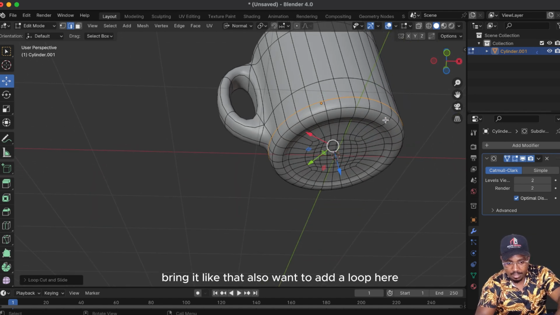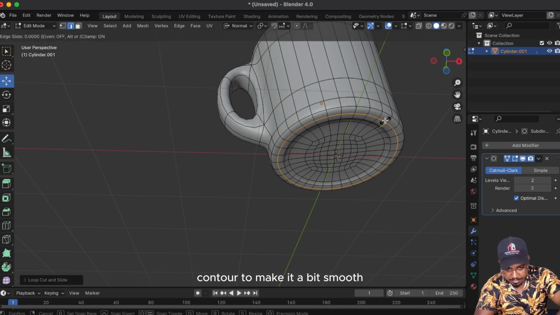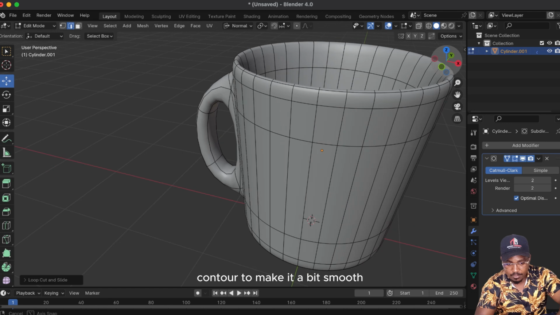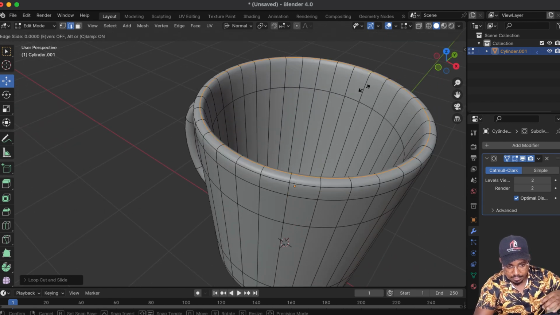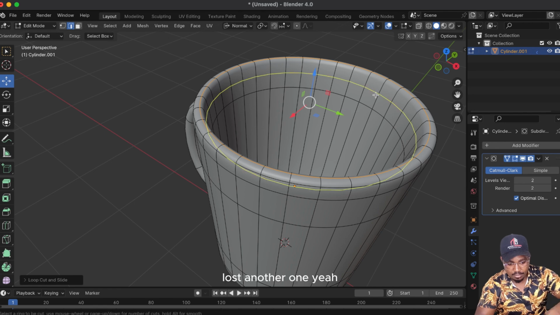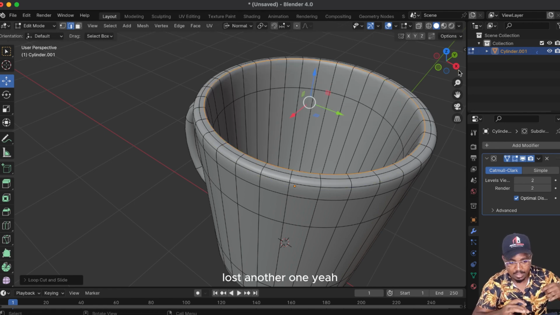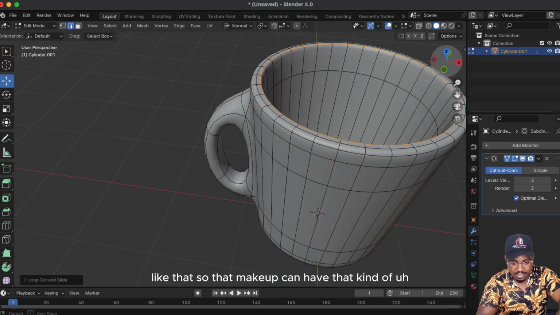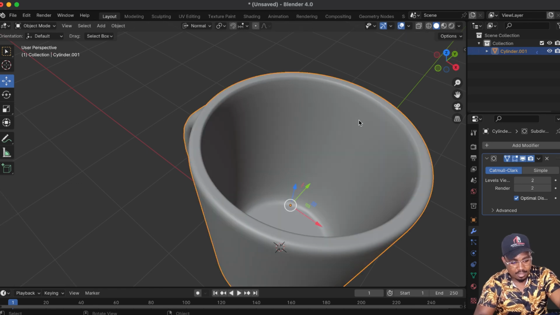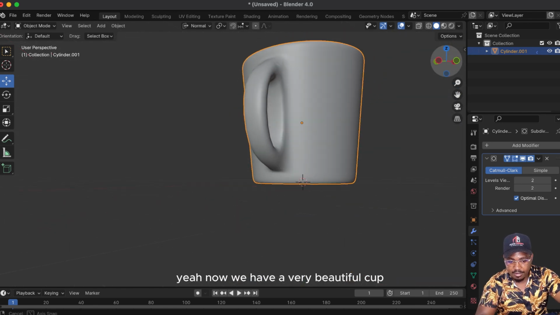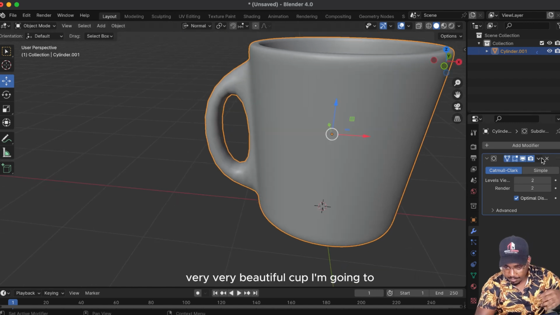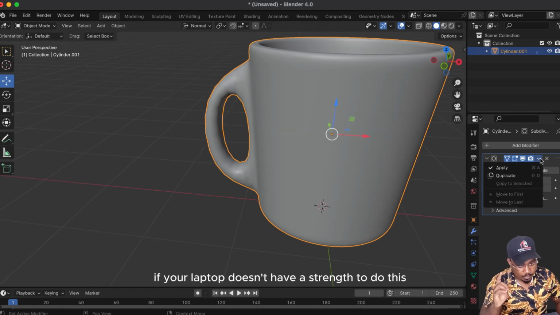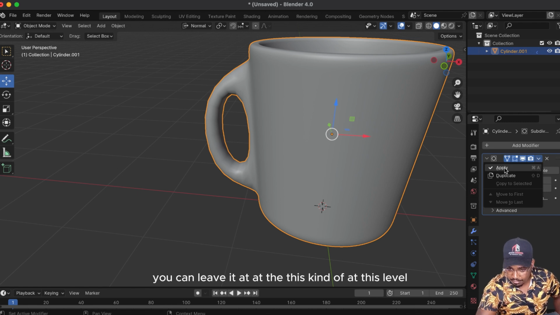And also I want to add a loop here, Control R, to make it a bit smooth. And I will add a loop here. And also another one. Yeah, like that. So that my cup can have that kind of shape. Yeah, now we have a very beautiful cup. Very, very beautiful cup. If your laptop doesn't have the strength to do this, you can leave it at this kind of level,